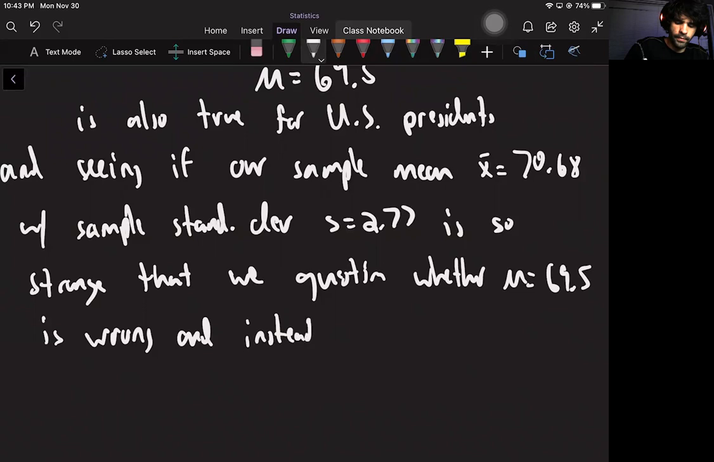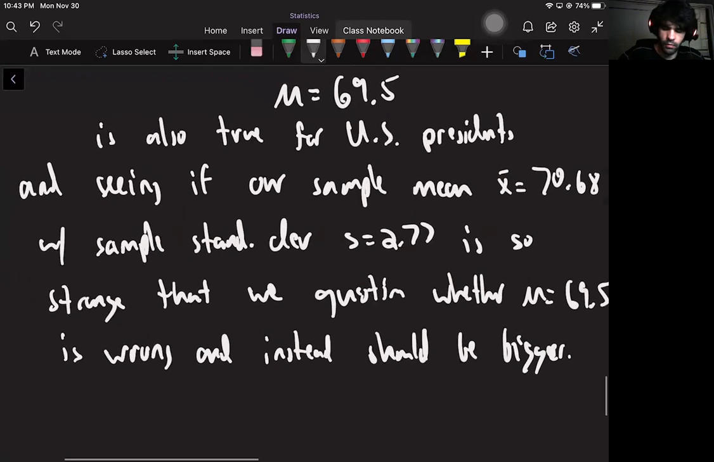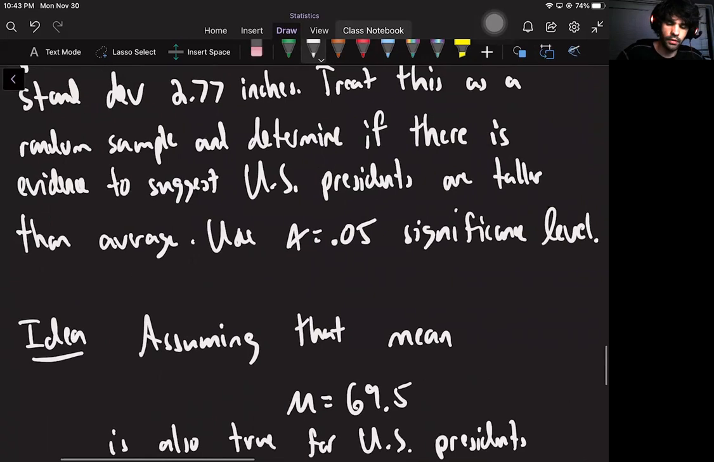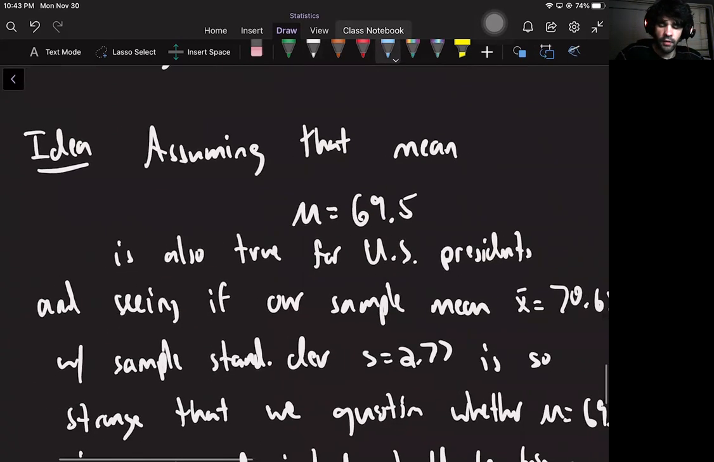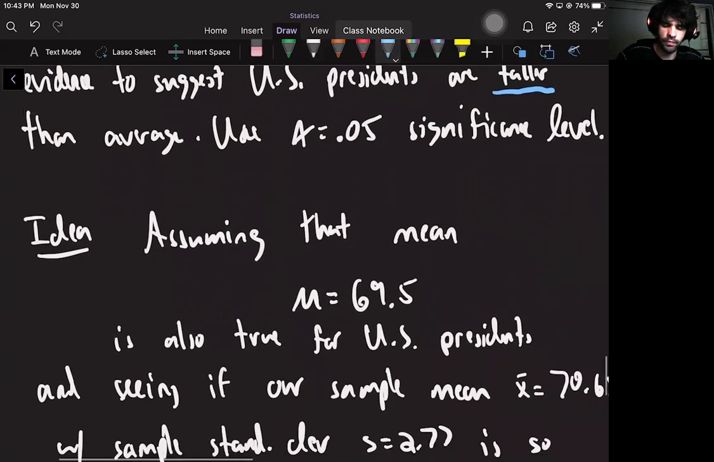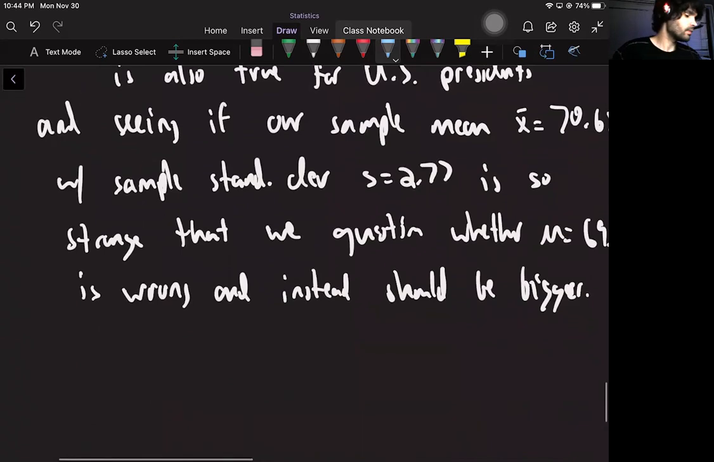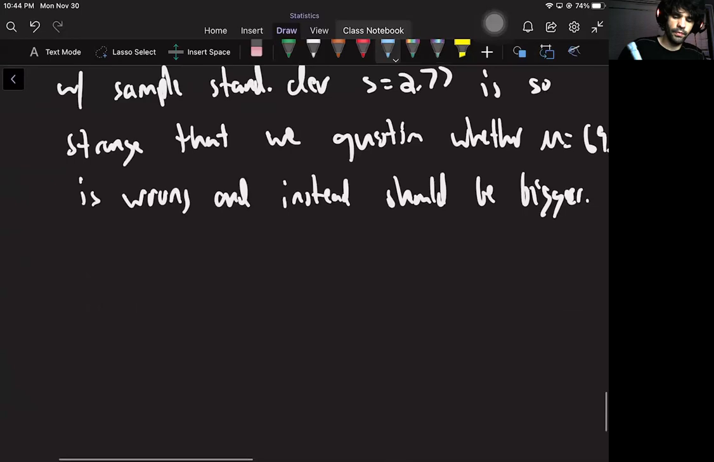So the reason we're thinking it could be bigger is because the problem is asking us to think about if the evidence suggests that US presidents are taller than that average. If it said shorter, then we would be doing a less than problem. If it said different, then it would be a not equals problem. That's what we're going to always see when we write down the null